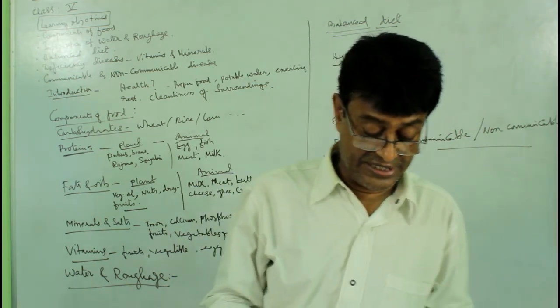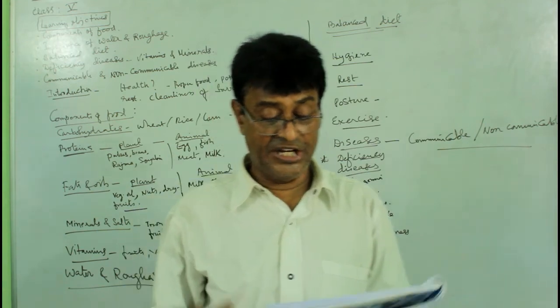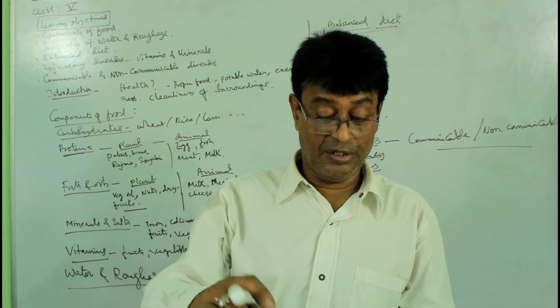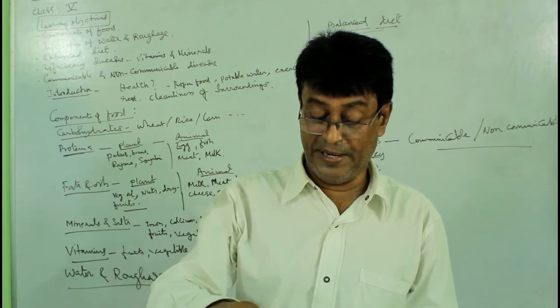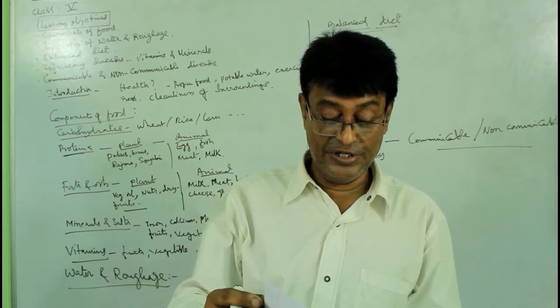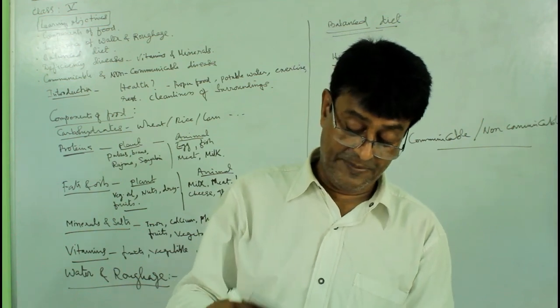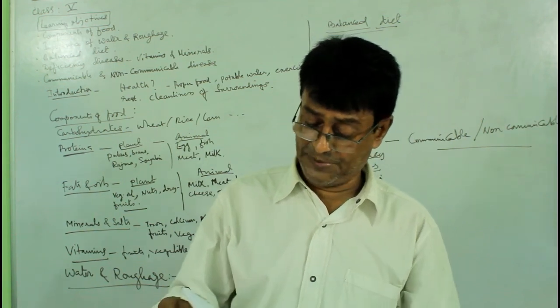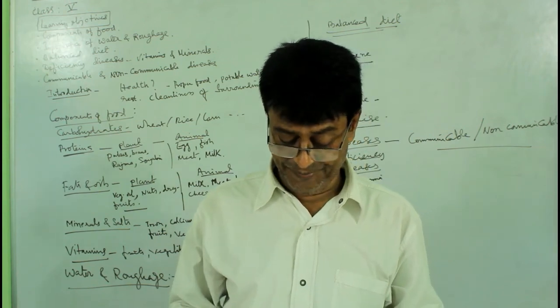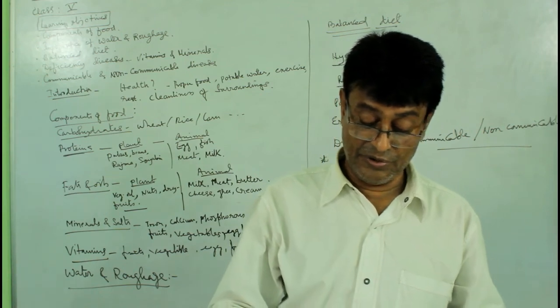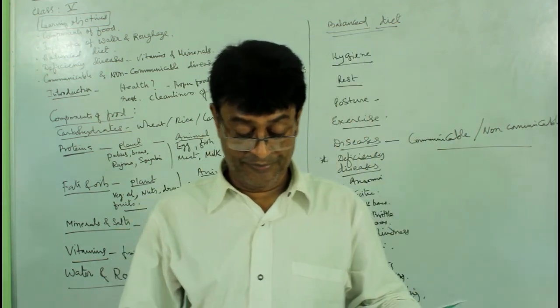The HOTS questions are there. Question number 8, question number 8A. This is because Supriya does not do any exercise or play games. Thus, food is not burned and she is going to have obesity. Number B. This is because the milk, egg and green vegetables will provide proteins and minerals which will make the bones strong.